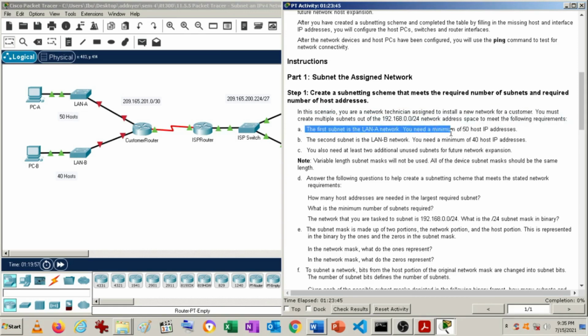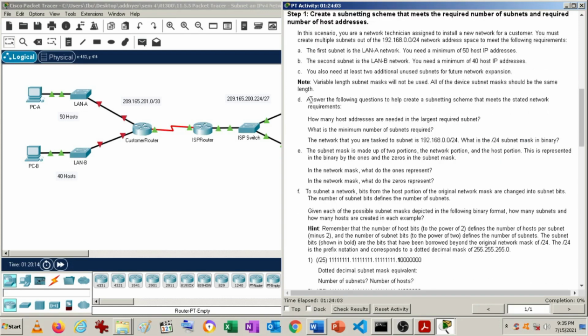The first subnet, LAN A network, we have a minimum of 50 host IP addresses. Second subnet, LAN B network, we have 40 minimum, and we will also need 2 additional unused subnets for future expansion. And we have the note here that this reverse subnet mask will be the same length. So we need to answer the questions that can help us create a subnet system